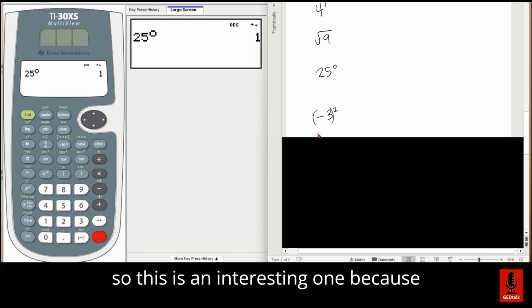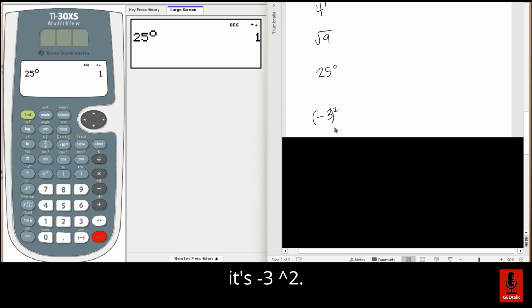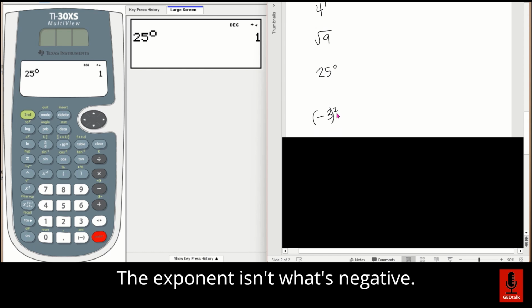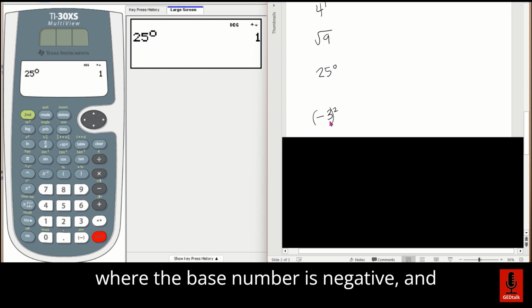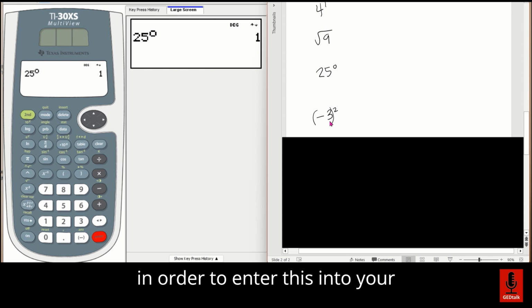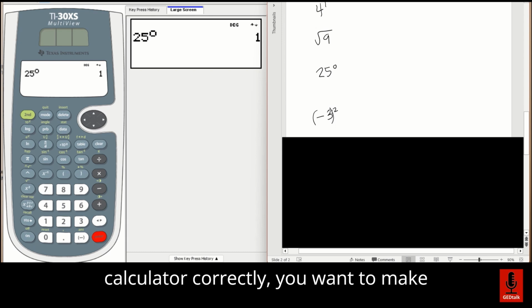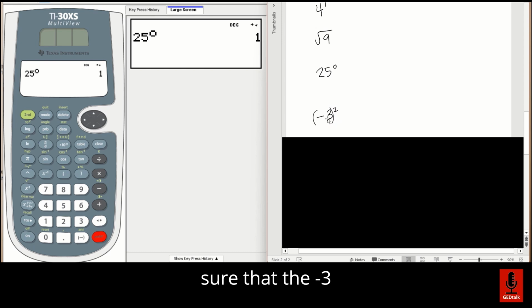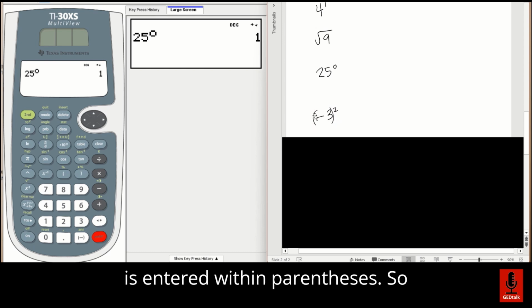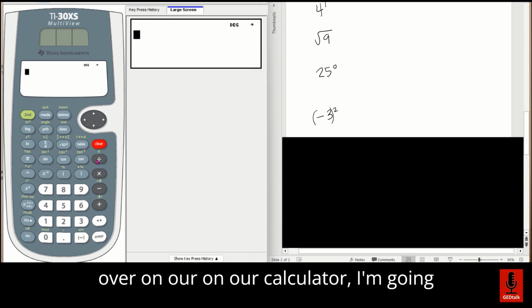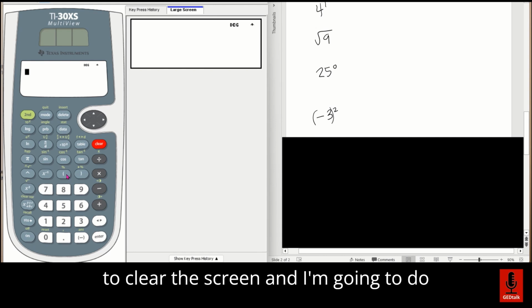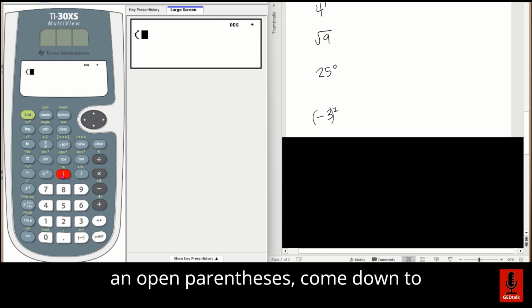Okay, so this is an interesting one because it's -3 squared. The exponent isn't what's negative. That's not one of the scenarios. This is where the base number is negative. And in order to enter this into your calculator correctly, you want to make sure that the -3 is entered within parentheses. So over on our calculator, I'm going to clear the screen and I'm going to do in open